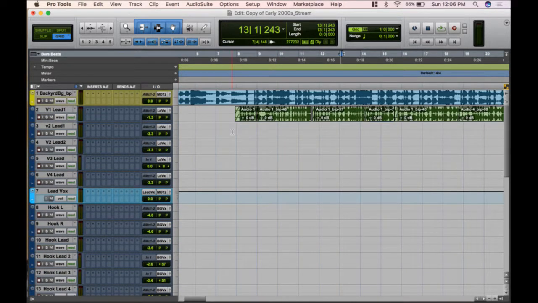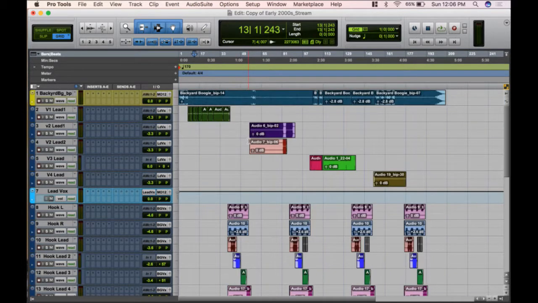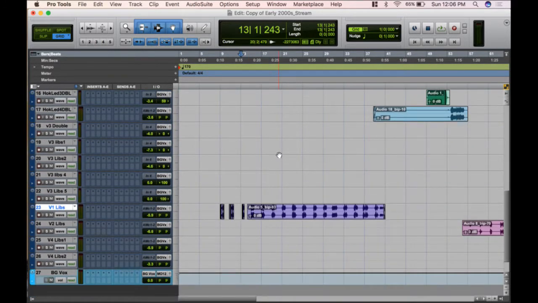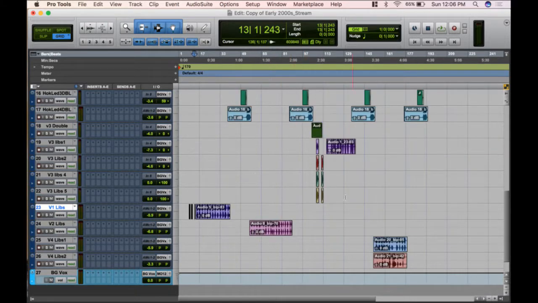And I start mixing because the editing takes a long time. It takes about an hour to do it. I can fly through it, but with me explaining it to you guys, it takes a little longer, of course, and I'm showing you. But it takes me still about an hour to do a full song editing wise and making sure everything's tight. But I'm going to show you